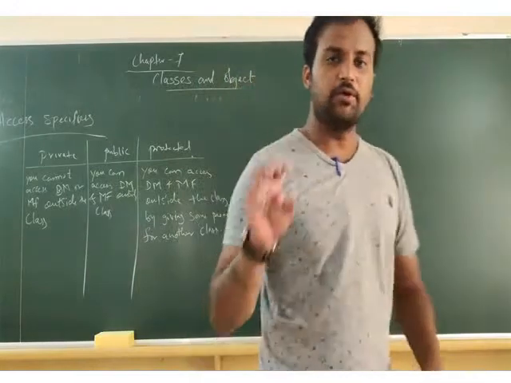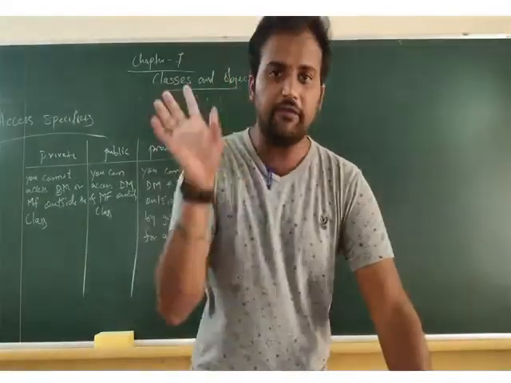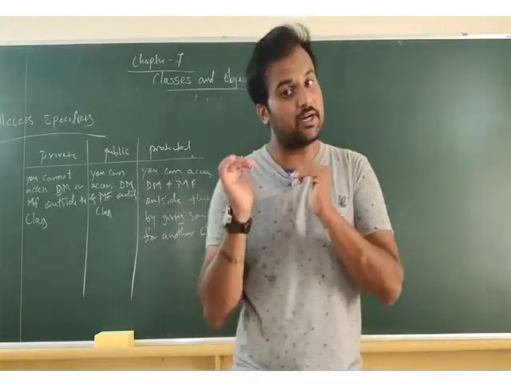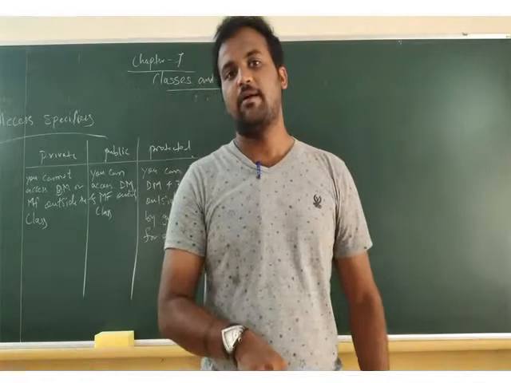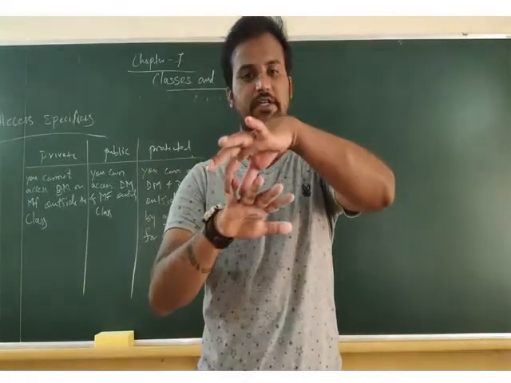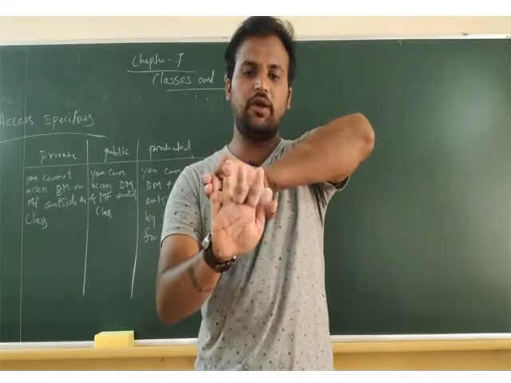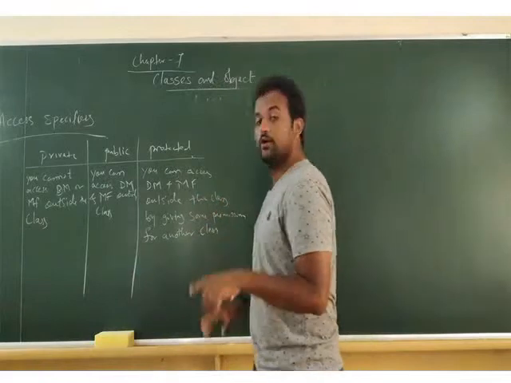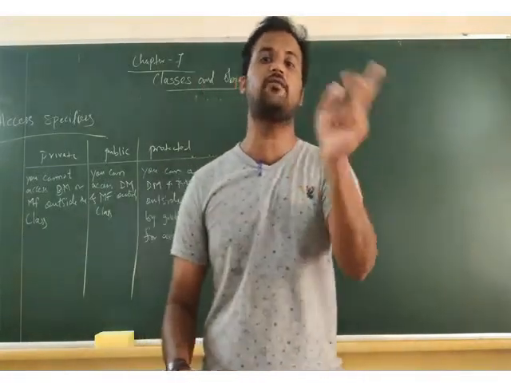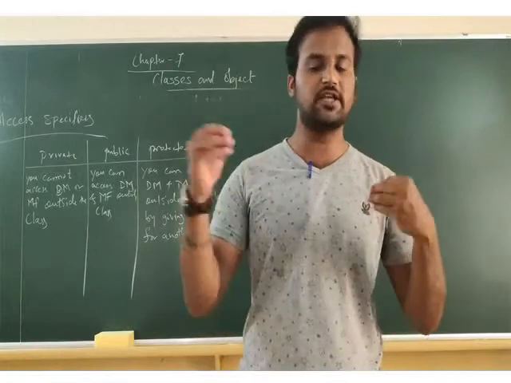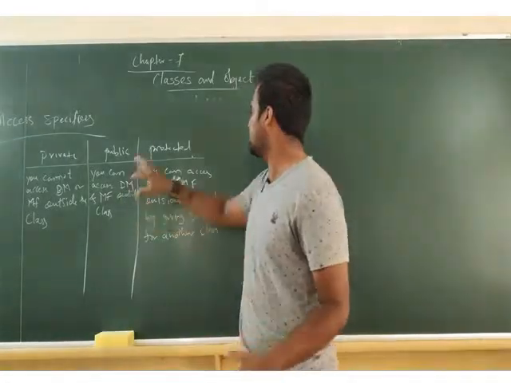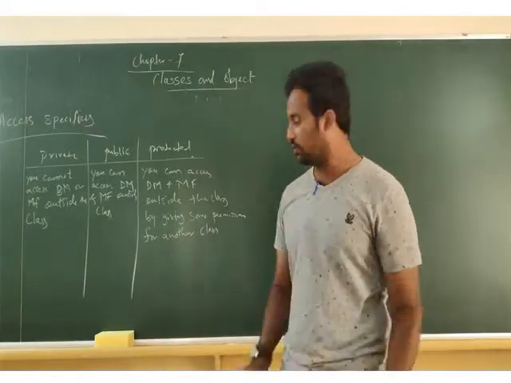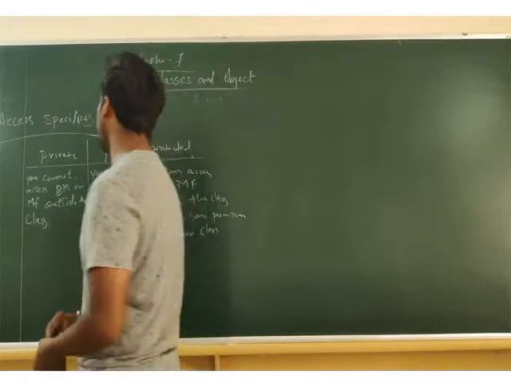For example, you have 5 friends. Among the 5 friends, 2 are your best friends. You share your secret with those 2 friends, but you will not share it with the other 3 friends. So you have given permission only to those 2 friends. That is what protected is. Why? Because you know your secret is safe with them. That safe thing is protected. So these 3 differences are called access specifiers.